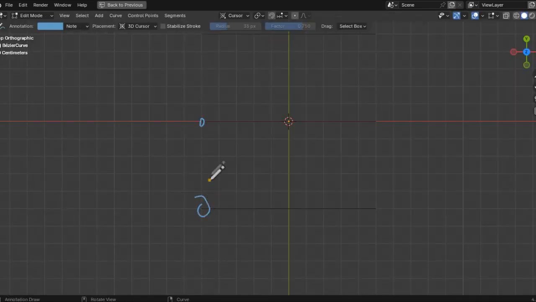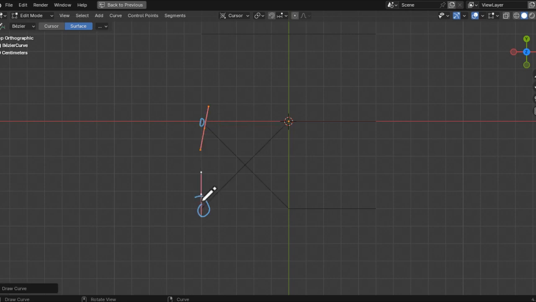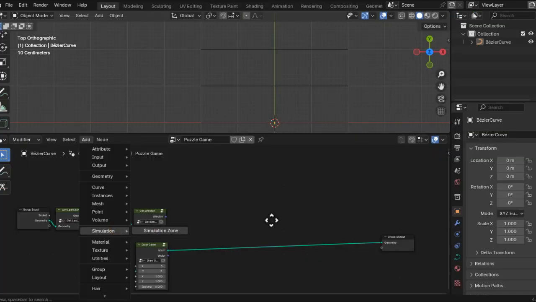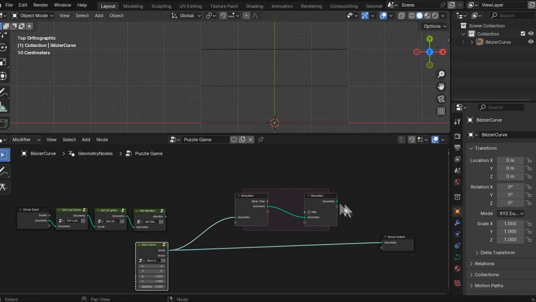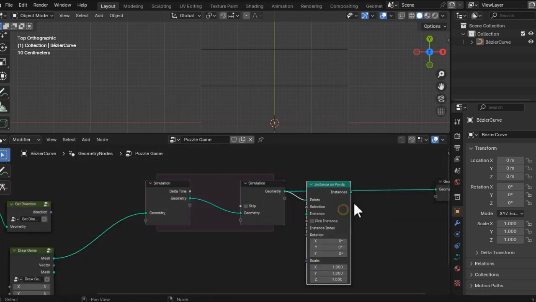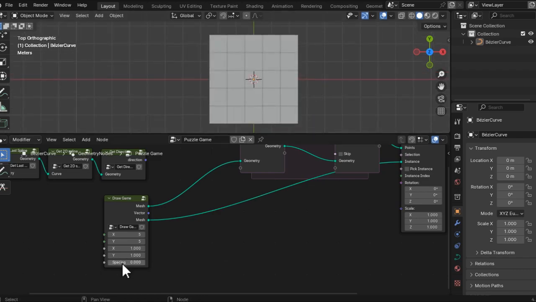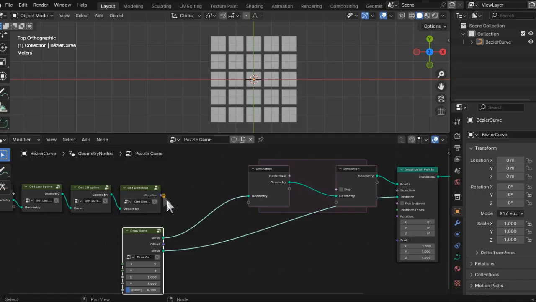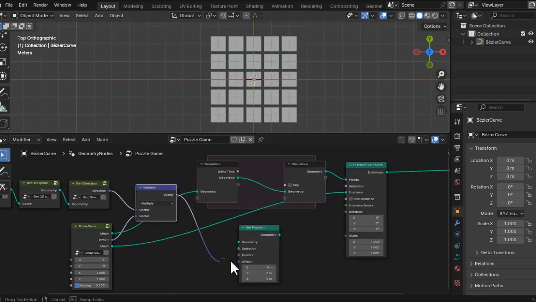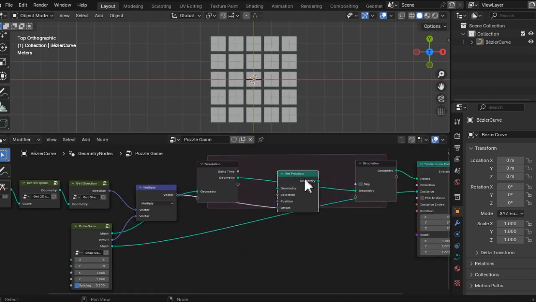Now let's get to moving the points when we draw the spline. We will be doing this in a simulation zone. Then after the simulation zone, we will instance the plane we made on the points. How to move the points in a simulation zone? Multiply the direction and the offset and then connect it to the offset of a set position node in the